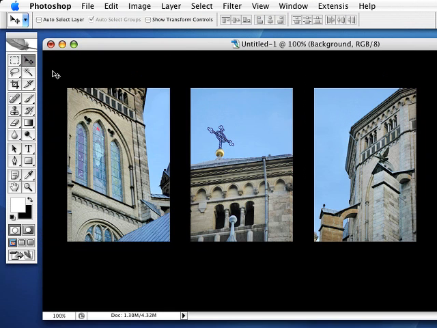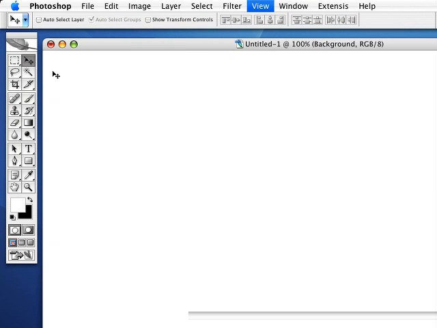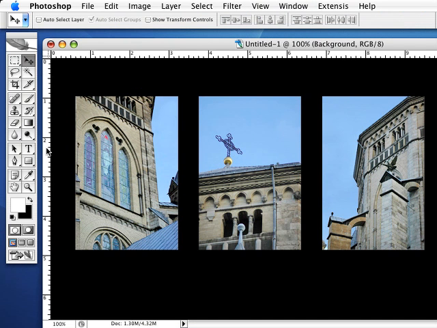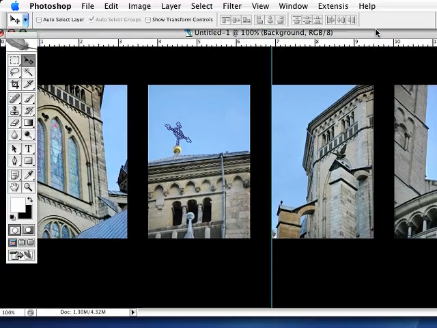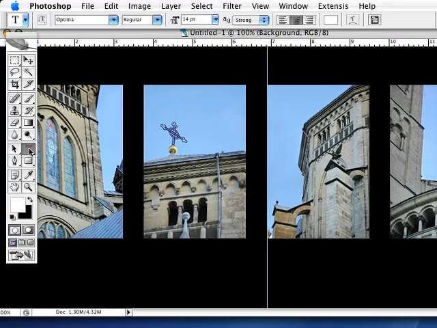And then I'm going to press Command R to make Photoshop's rulers visible. Then you're going to click right inside the ruler. All right, I see I'm over here on the left. Click right inside the ruler, and we're going to drag out to this spot right there on the third photo. Then we're going to click our type tool. Right here, we're going to type in the name of the church. So the name of the church in all caps type is St. Christoph,